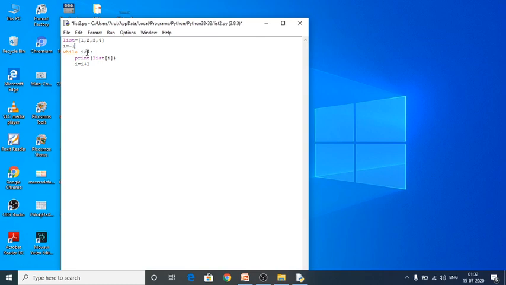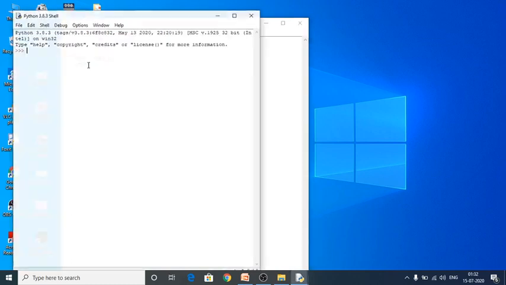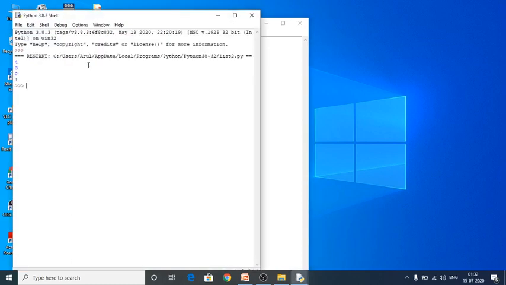And here I have to use greater than or equal to -4, because there are 4 elements, so -1, -2, -3, -4 are the index values respectively. And here I have to give i as -1. So Ctrl S, press F5. Yes, 4, 3, 2, 1. This is what reverse indexing is.